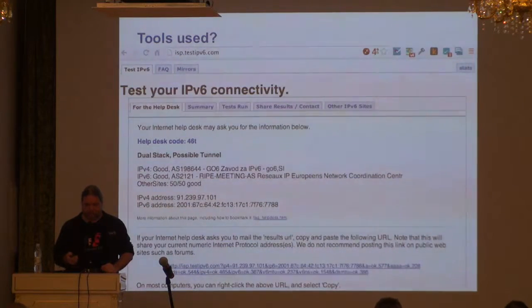So what you do when your user calls in to your help desk, you tell him, can you please navigate with your browser to isp.testipv6.com and read me the help desk code. That's easy. And the user would say 46T.